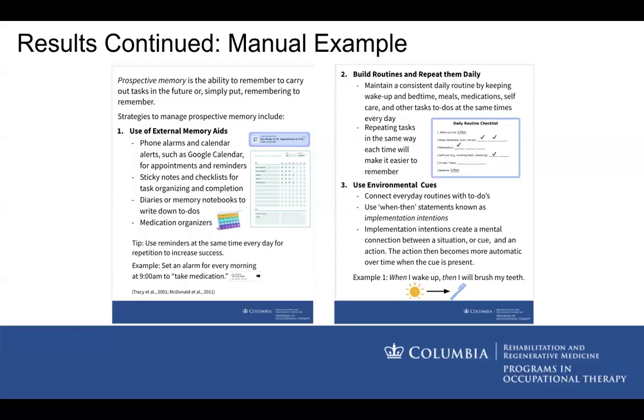And then the third strategy below shows the use of environmental cues. So using when-then statements, which literature defines as implementation intentions. And implementation intentions create a mental connection between a situation or a cue and the designated action. So for example, when I wake up, then I will brush my teeth. Or when I sit down for lunch, then I will take my medication. So over time, when the cue is present, the action becomes more